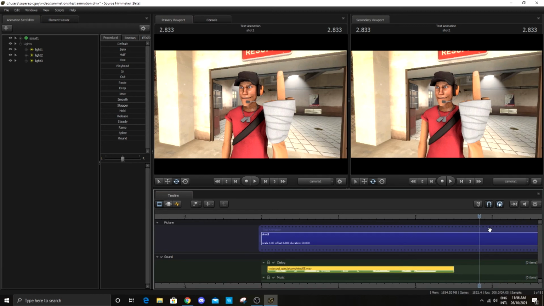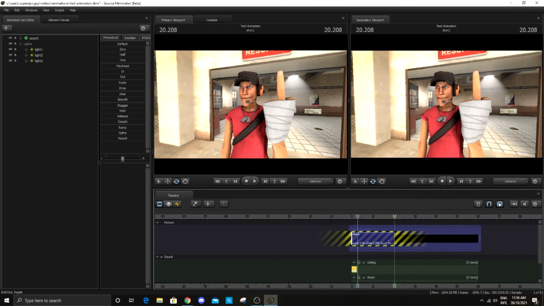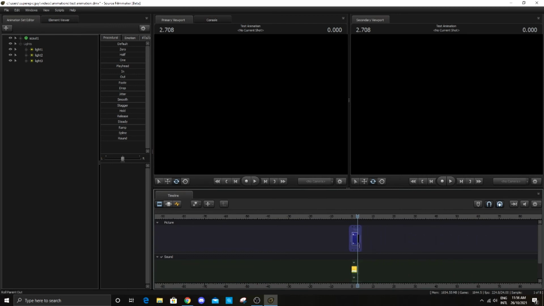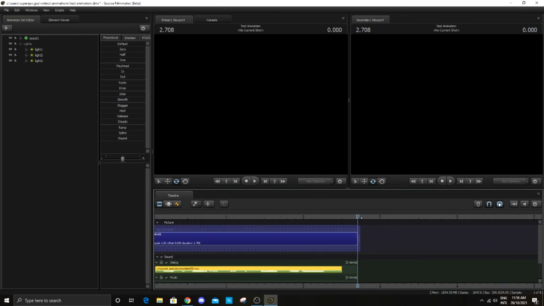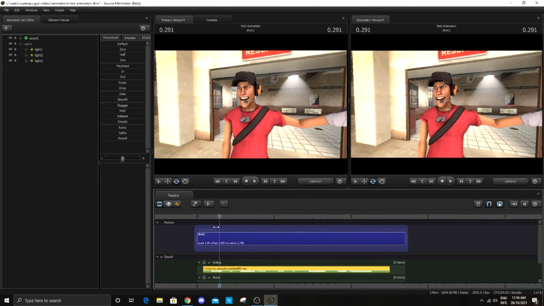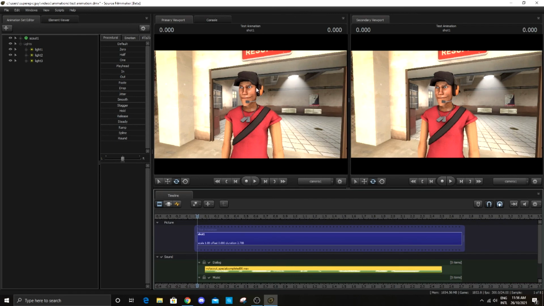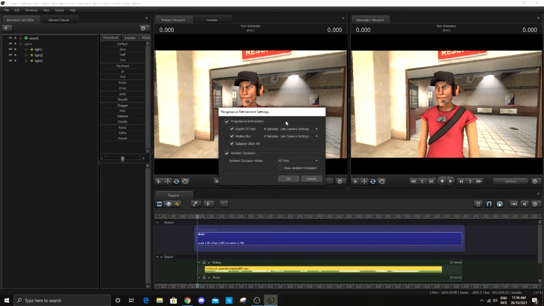And now we just need to render this right here. So before we do that though, I'm just gonna have to adjust this bit here. Like adjust the shot here and now we're just gonna right click this screen here, then click on render settings and click on use camera settings and select one of these for how you want your quality for your rendering to be. But keep in mind though, the higher quality you want for your animation, the longer it'll take for the rendering. So I'm just gonna click on 128 for this bit here, then click on 64 for this bit here, and